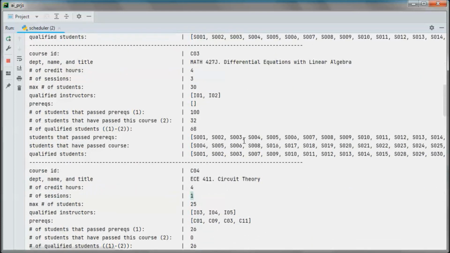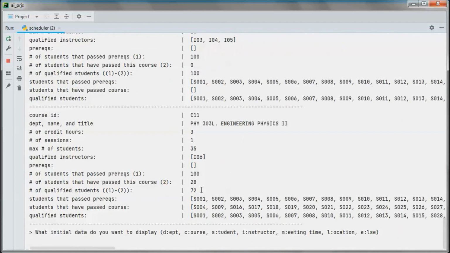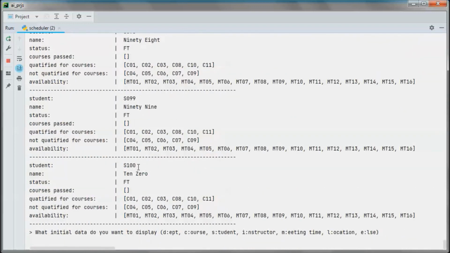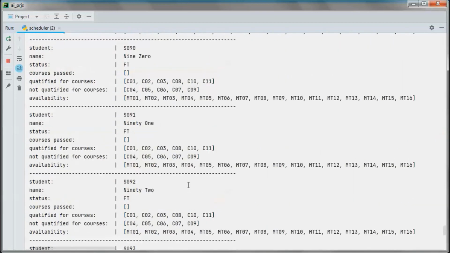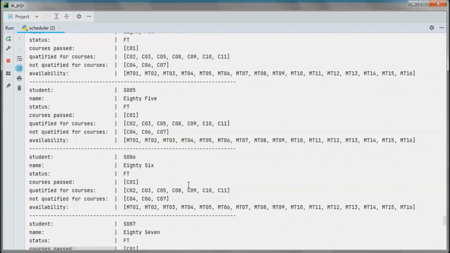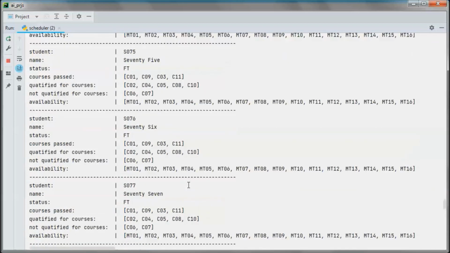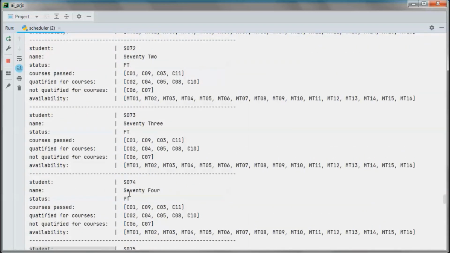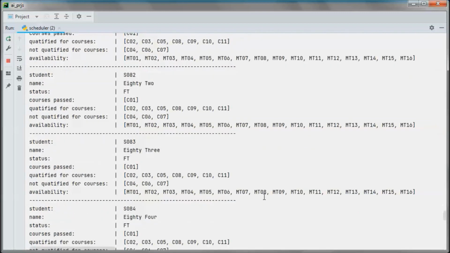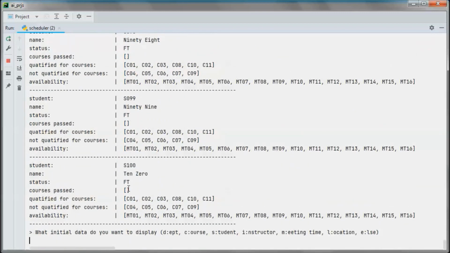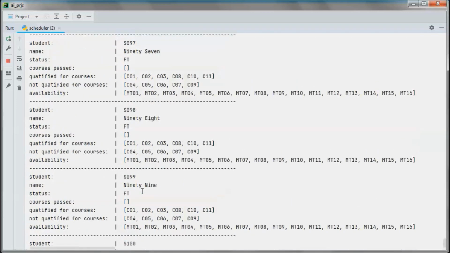And I think we've gone through everything here before, so let's go to a student, and we have 100 students, and each one will indicate if they are full-time or part-time. Let's find a part-time one. This one is part-time, and we indicate what courses they have passed or if they haven't passed any courses.